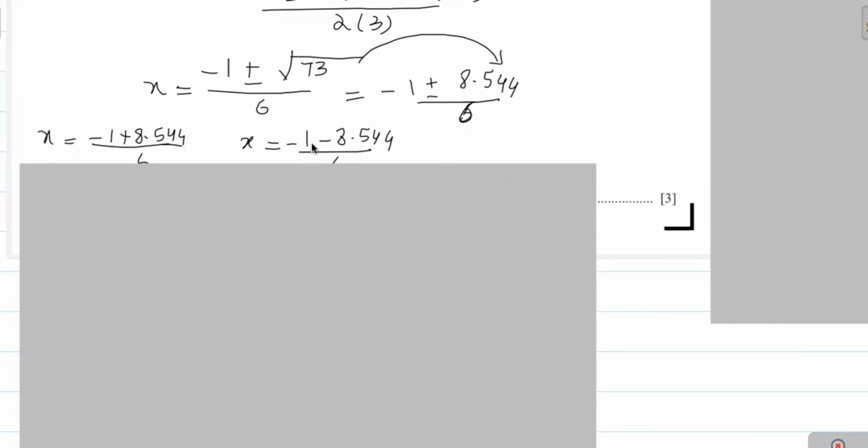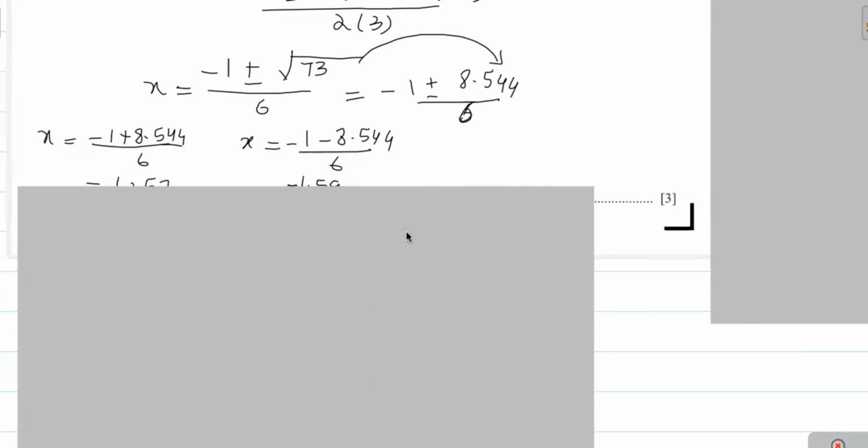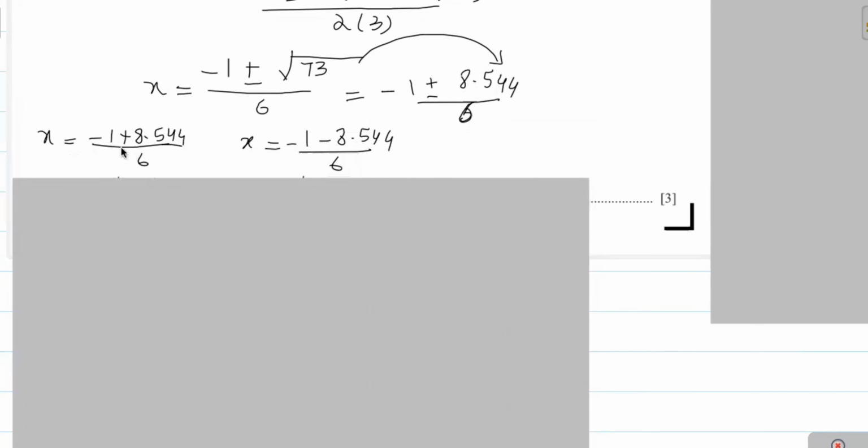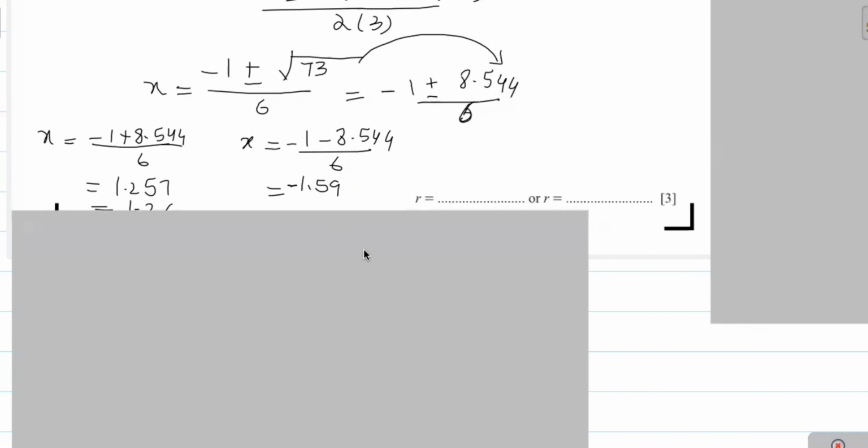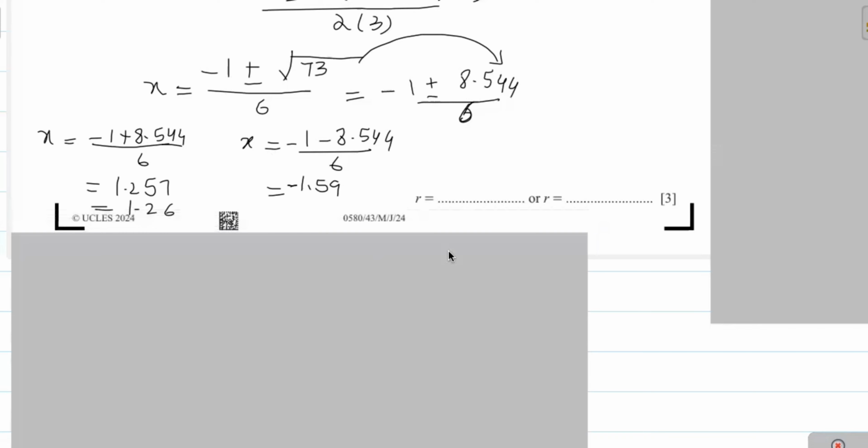Next will be minus 1 minus 8.54 over 6. Now we simplify this. We get 1.257 as the first value of x. The second value of x will be minus 1.59. Now we will write the answer here: minus 1.59 and